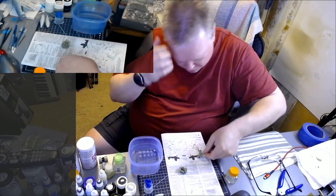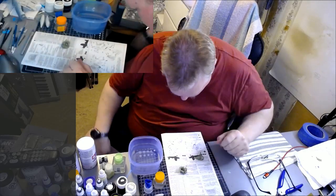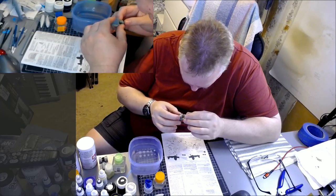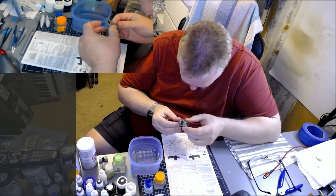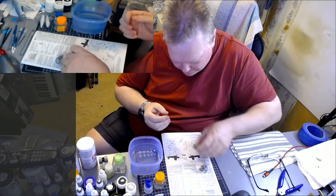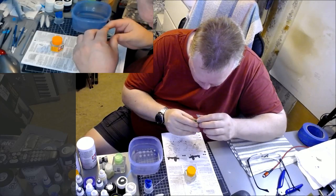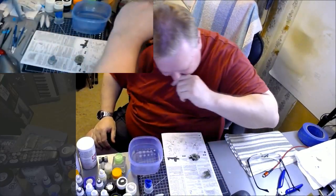Okay, that piece is on. I'm not even really going to see that when it's all together, but it's there. That's good enough. Now, we put the two pieces together. You can already see where that's supposed to line up. There and there. That and there. Okay. Good enough for me. If I put it together now, painting the gauges may be difficult. Yeah, because that'll be in the way. So I'm going to hold off a minute and get my paint out, because I got to paint the...